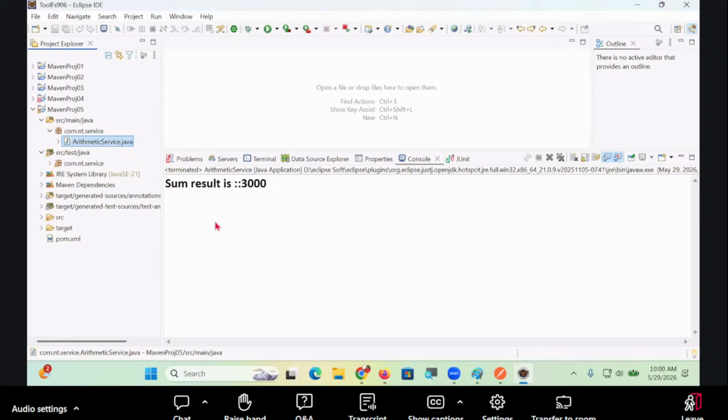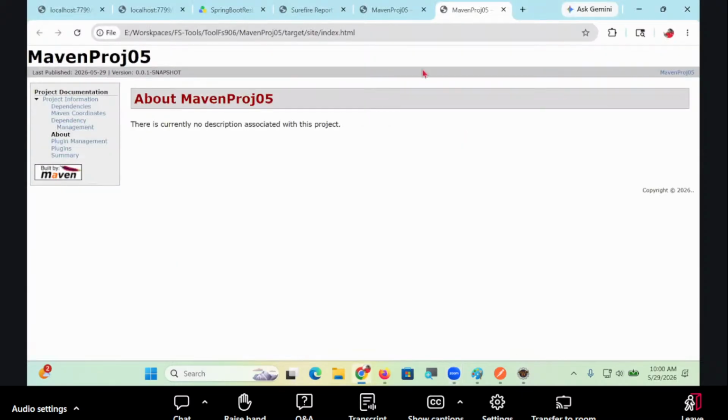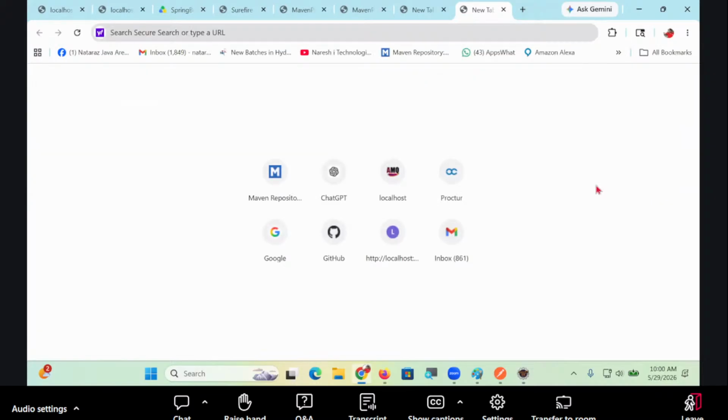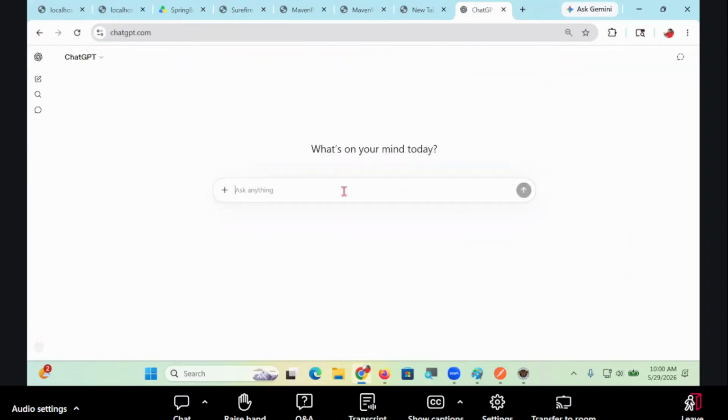Okay. But I don't want to remember all this nonsense. I don't want to remember all this now because those tags are very complex tags now, boss. Okay, at that time AI agent comes into picture. What is that? ChatGPT. Whenever anything your brain does not support, take the support from ChatGPT. But proper prompting is required, right? Yeah, tell me. Maven plugin in pom.xml